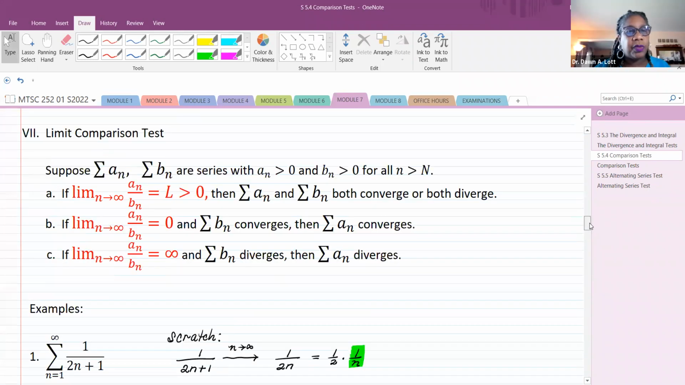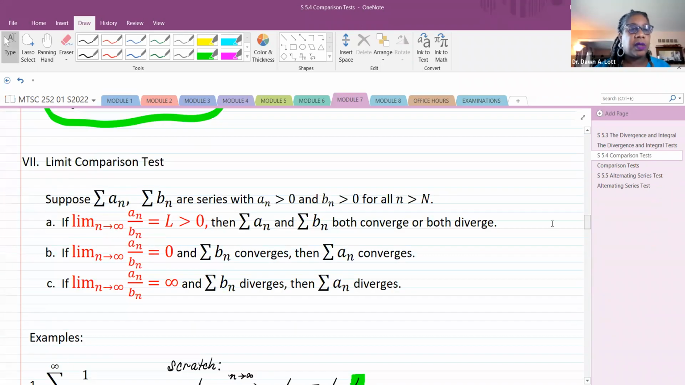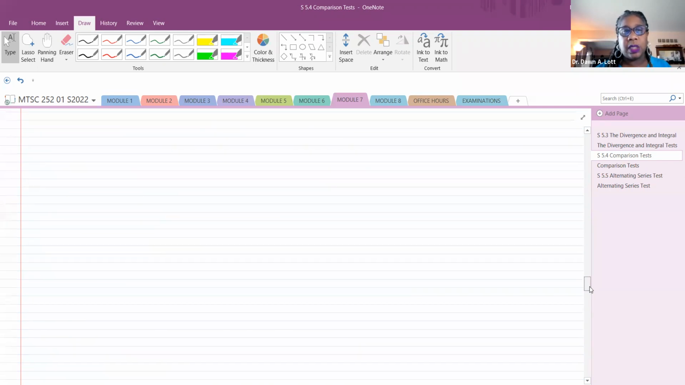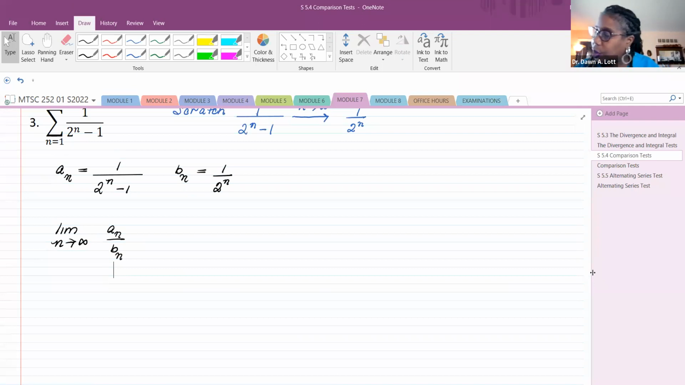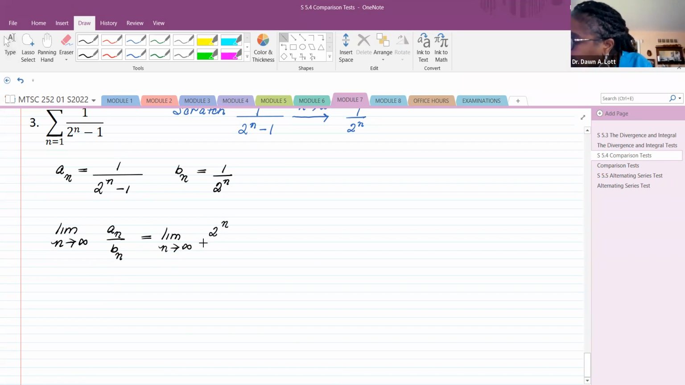Okay, so where did that theorem start here? Here was our theorem. Look at the limit as n approaches infinity of an divided by bn. And if we get a number, any number L, then they both converge or both diverge. So let's look at this. This becomes the limit as n approaches infinity. When I divide an by bn, I'm going to get 2 to the n in the numerator divided by 2 to the n